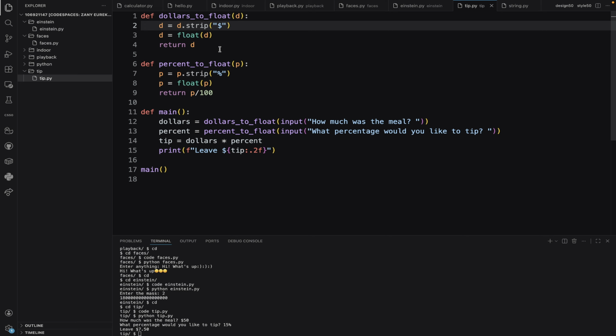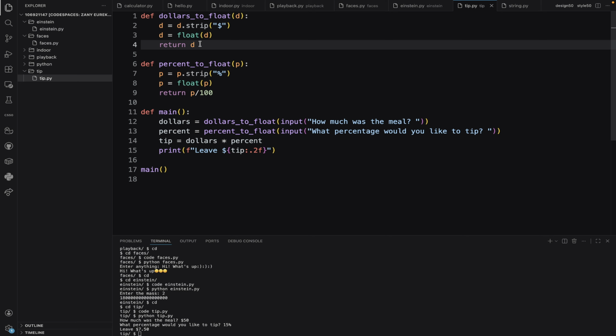Same case for the percentage. A percentage can always be a decimal. So I'm stripping off the percentage sign from the string, and converting the left over decimal to a float value. And returning this is the part where I made a mistake. I forgot to return the actual value of d.